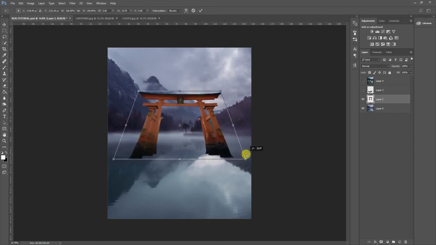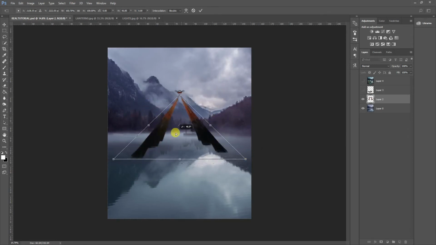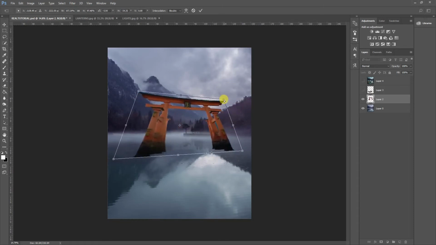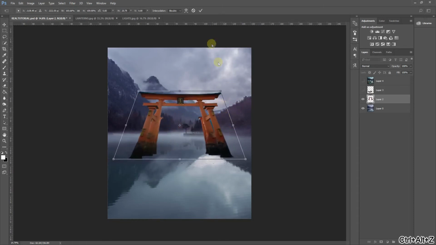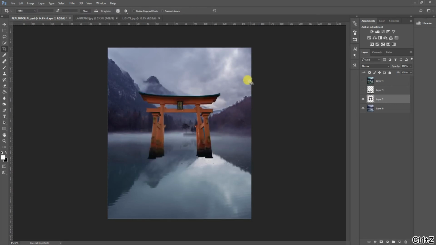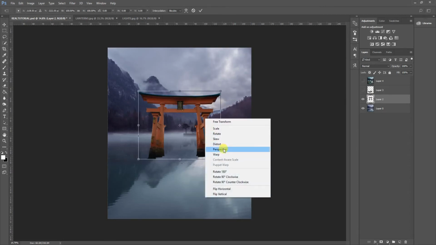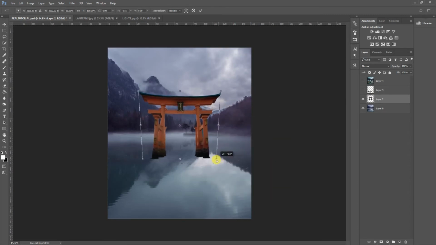When you drag it here, it will make it a lower perspective, and you can also play around with this a lot. But yeah, we are going to now focus on making it look great, of course. So now we're going to click the perspective and then squeeze it a bit. As you can see, it will start to look like it's taken from the right perspective. And in my opinion, this looks a bit too squeezed up